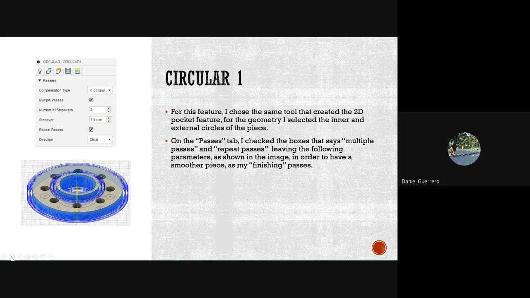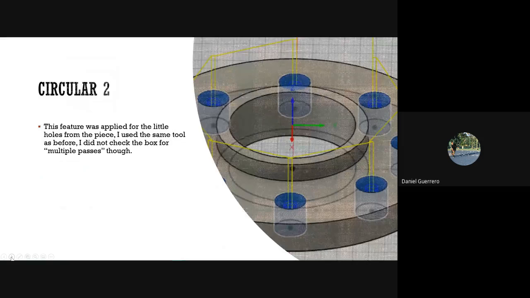I did this just in order to have a smoother piece, a better manufactured piece. Okay. And the last step that I did was the same for the little holes of my piece. But I did not check the box that says multiple passes. So that was created with the same tool, the one that has 3 millimeters of diameter,